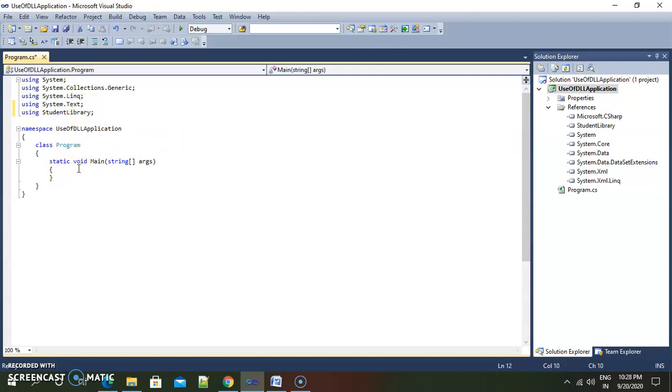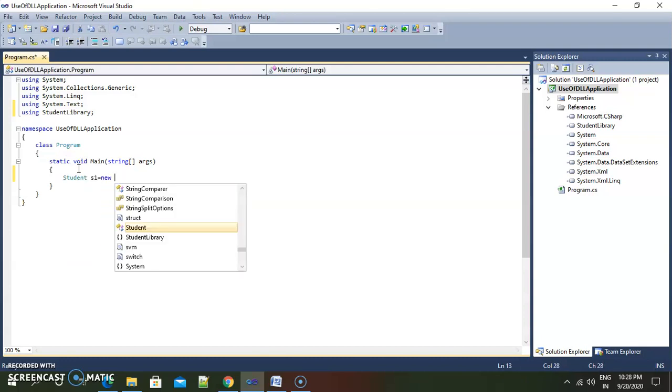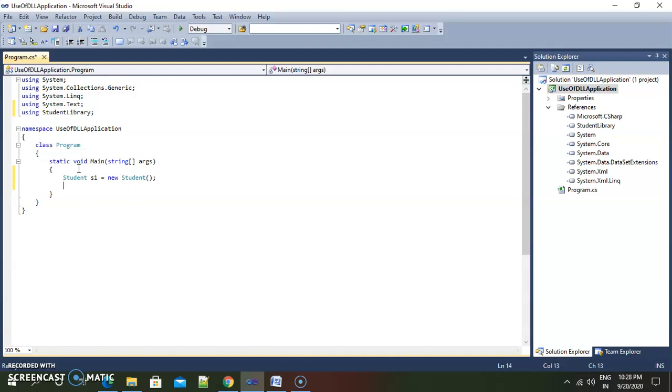Now we may create the student class object directly inside main. So I am creating a student object here. At this first line, a default constructor will be called. A constructor will be called at the time of instance creation, we know.